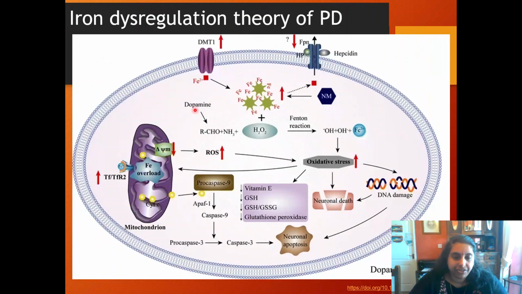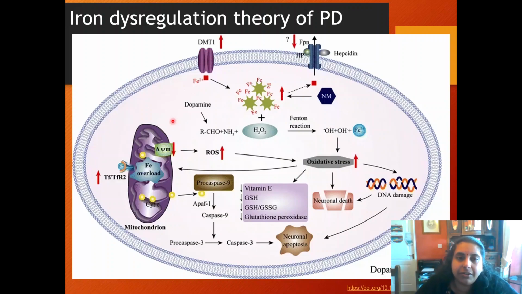And then another theory, which I don't think was on any of the previous slides, is the iron dysregulation theory of Parkinson's disease. It's been observed that people with Parkinson's disease have more or less iron in places where they shouldn't be. That's why they say iron dysregulation. In a way, it's kind of iron accumulation, like there's too much, but there might be some areas where